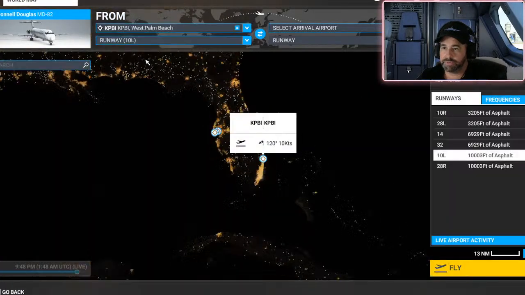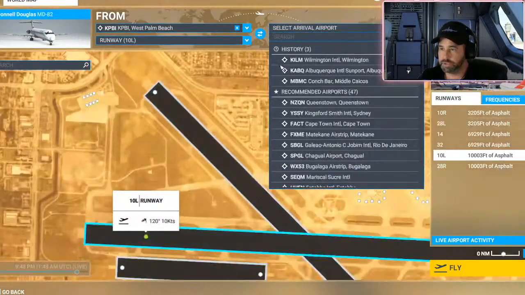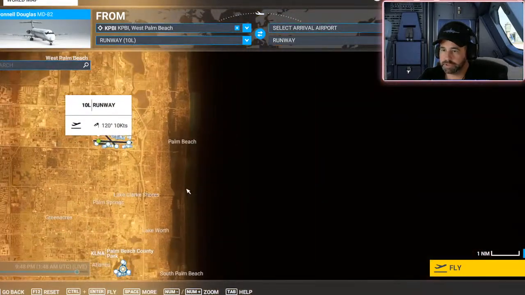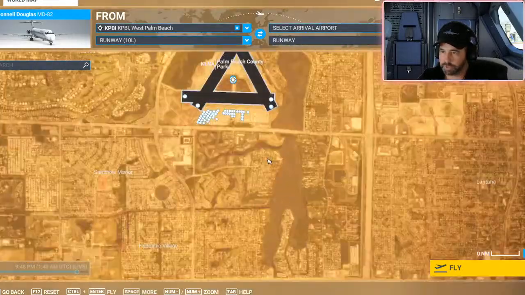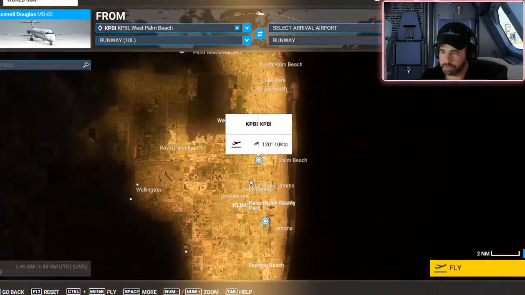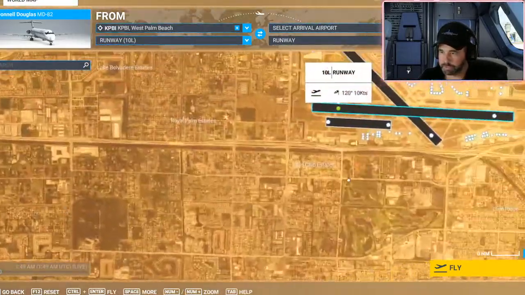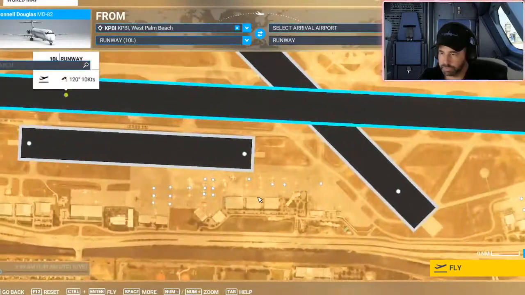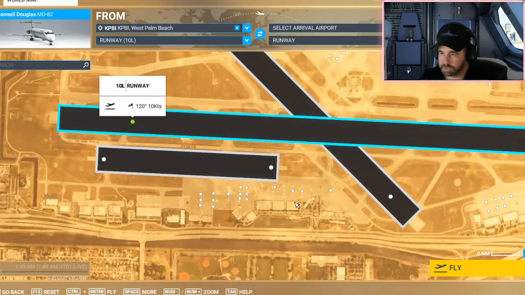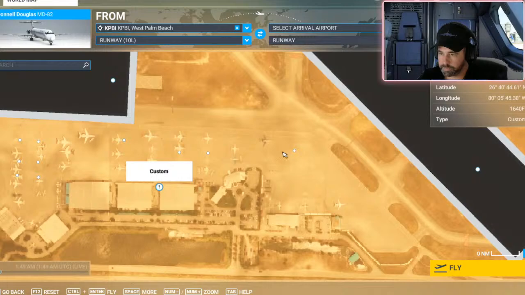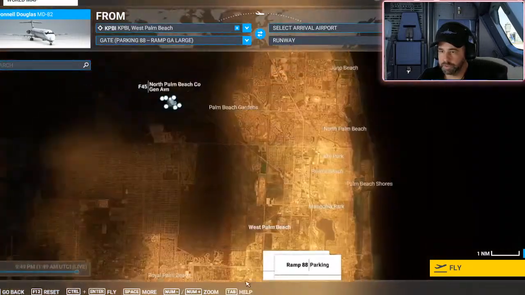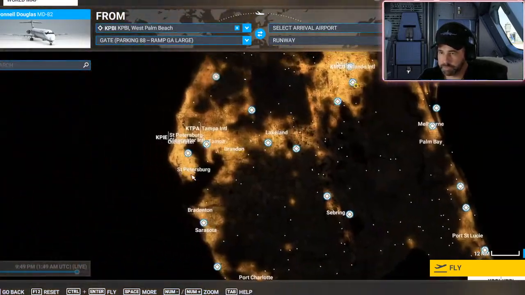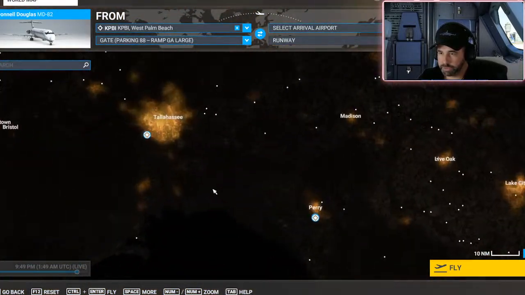Alright, let's go ahead from West Palm to Tallahassee. We're going, oh yeah, let me just set our quick departure. Where are we? Sorry, West Palm. Okay, West Palm. We're gonna go on to the runway, let's just go here, 88 ramp. Okay, depart. Alright, there you go. We're gonna be departing cold and dark from the ramp, and we will head up to